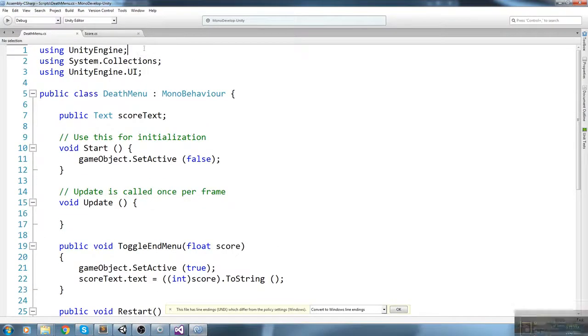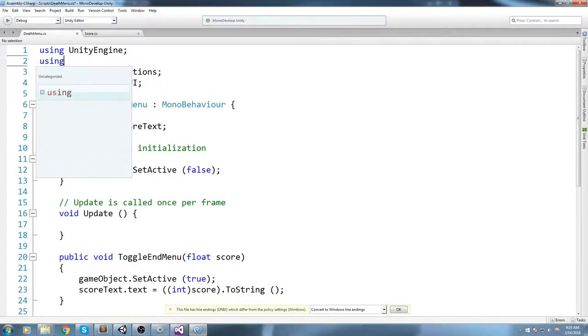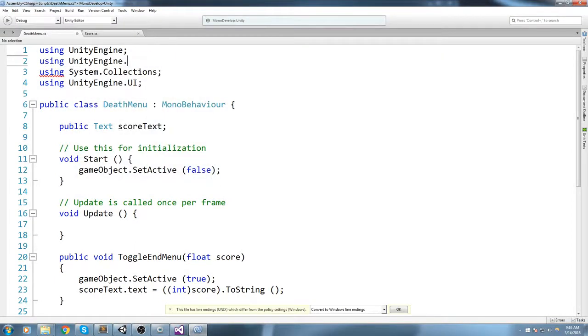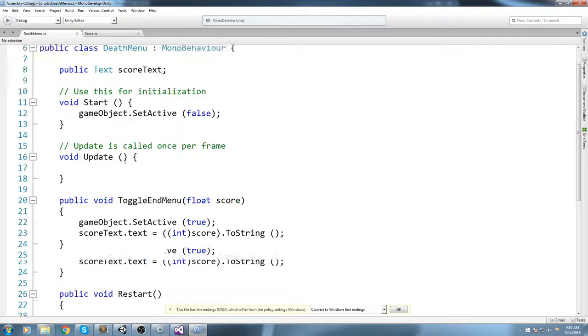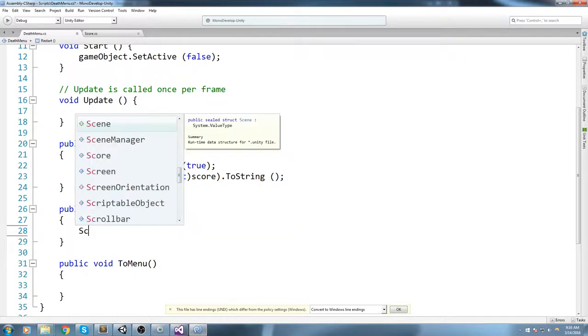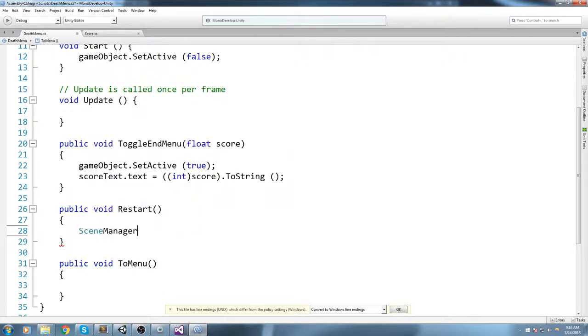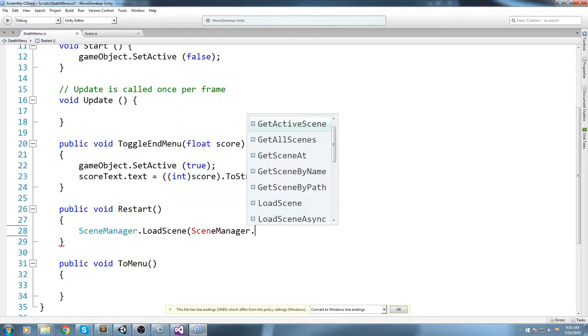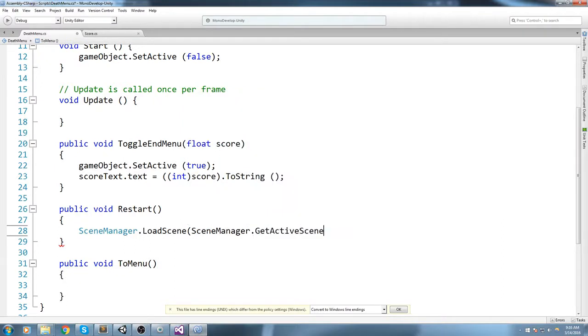Let me just go up here in my using statement. We're going to say using UnityEngine.SceneManagement. Whoops. SceneManagement. And we're using this so we can use SceneManager right here. So we're going to do SceneManager.LoadScene. And we are going to load SceneManager.GetActiveScene